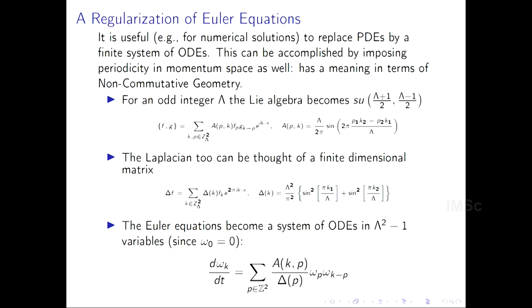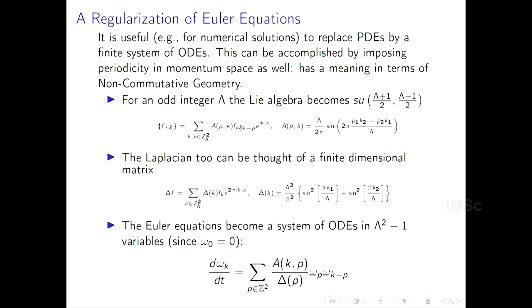So you pick one that is technically convenient. That's why. It has to do with roots of unity. I'll explain where the roots of unity come from in a minute. This has to do with the interpretation of this in terms of non-commutative geometry, which I won't go too much into, but that's where it comes from. So then this system of differential equations becomes finite dimensional.